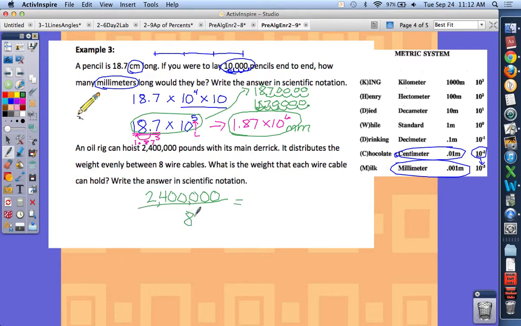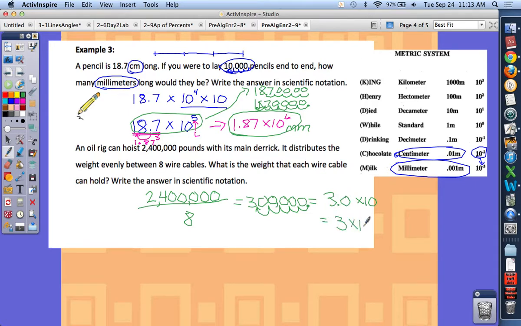When you divide, what's 24 divided by 8? Well, that's 3, but then you have all these zeros, so they're still all part of your answer. Okay, now you need to write it as scientific notation. Where is my decimal now? Get it to be a number between 1 and 10, and multiply it by a power of 10. My decimal is starting over here on the right. I'm going to go 1, 2, 3, 4, 5 to the left. So I have 3.0, or you can just write 3 if you want,